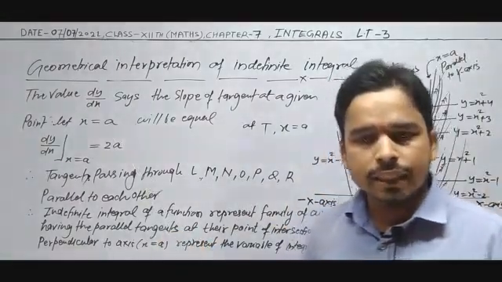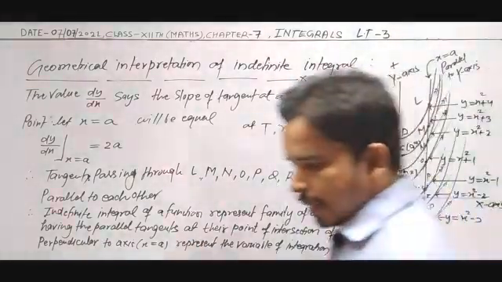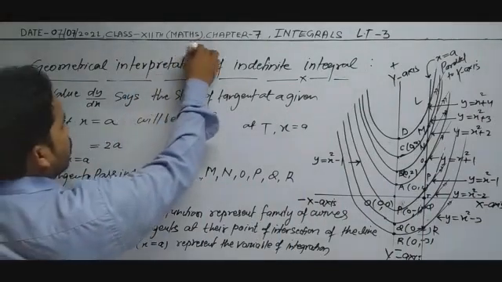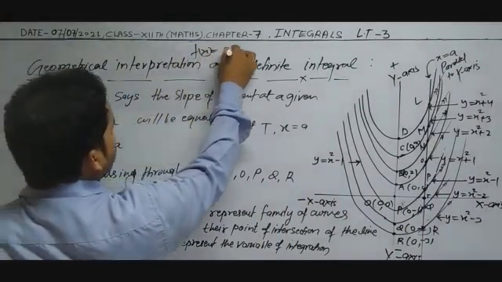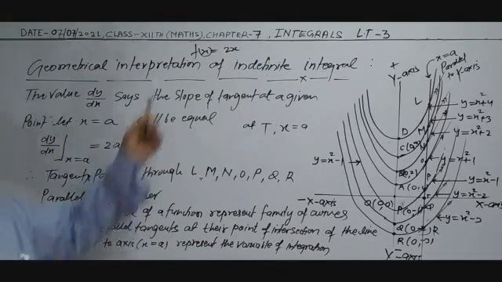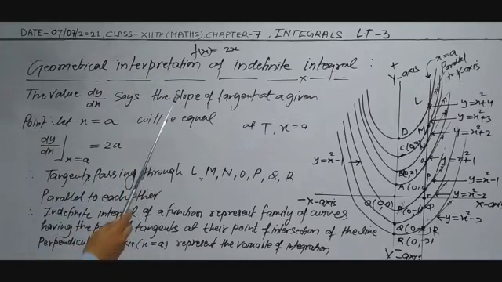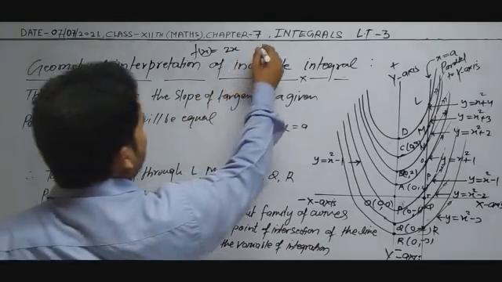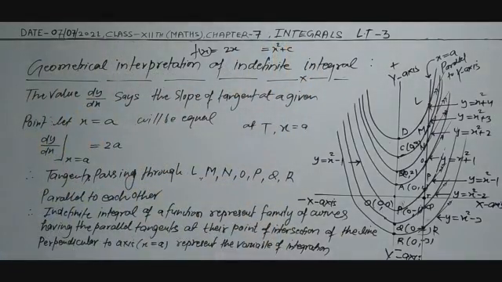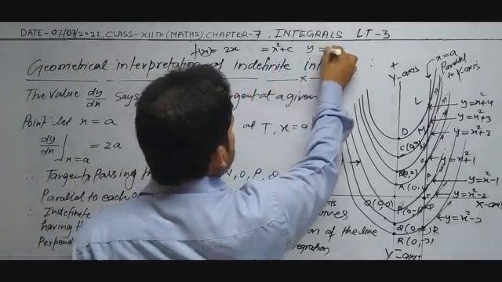First of all, you will consider the given equation. We have supposed the function f(x) is equal to 2x, and for this function we integrate and its result comes x square by 2. 2x square by 2 means the result will be x square, and you will get the families of parabola. The result will be x square plus c. This is the function after integrating: x square plus c. So y is equal to x square plus c.